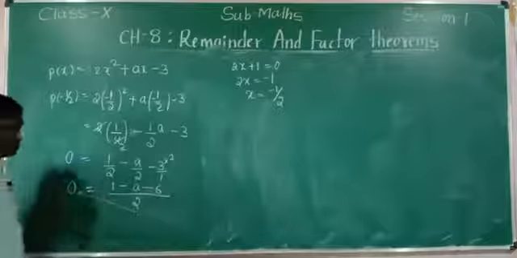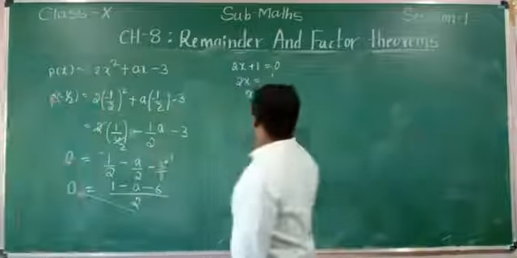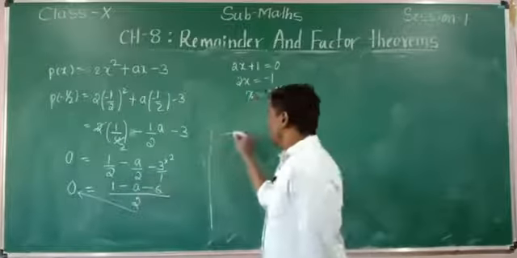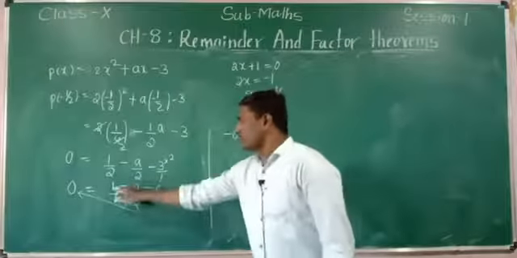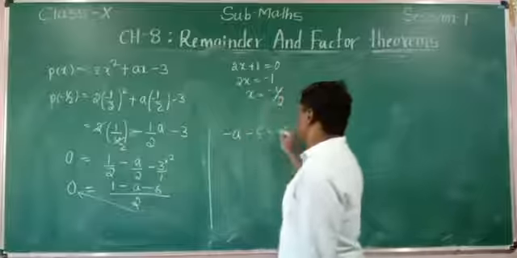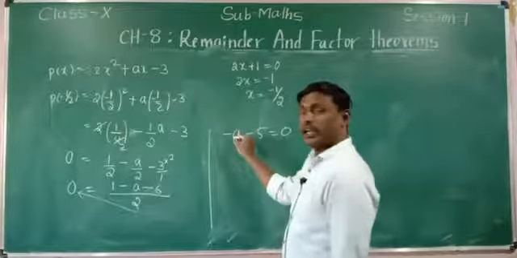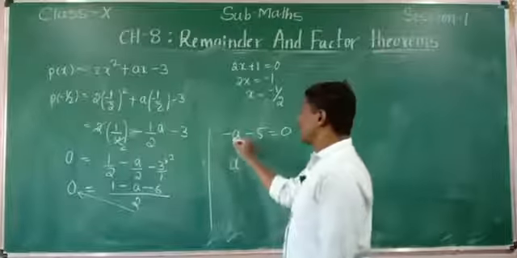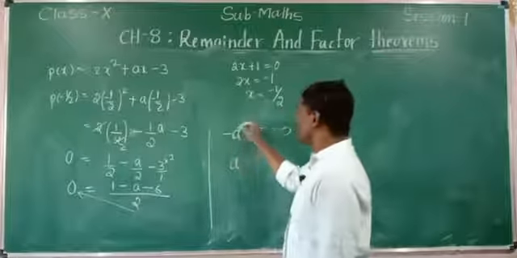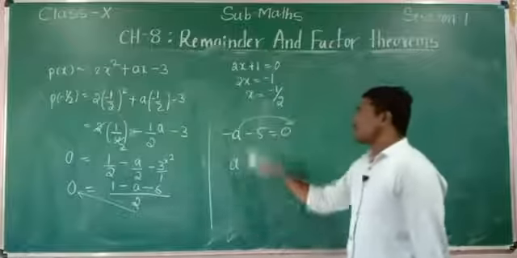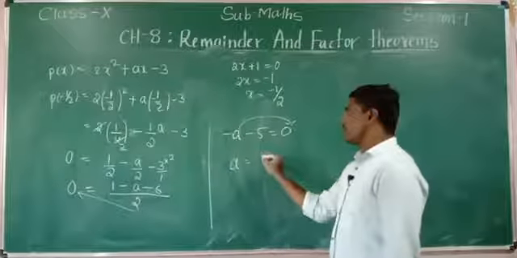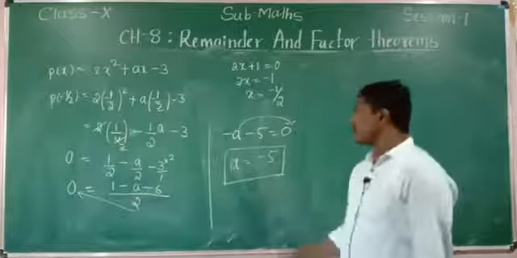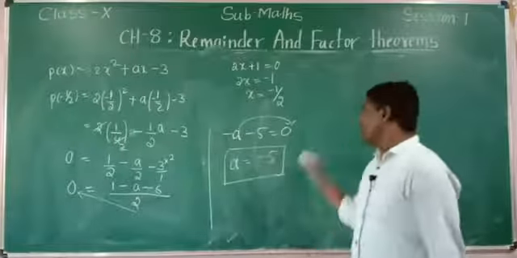0 into 2 is 0, then remaining is minus a minus 6 plus 1 minus 5, which is equal to 0. Now take this minus 5 to the RHS side, it becomes plus 5. Minus a, you take it to the RHS side, minus a becomes plus a, which is equal to minus 5. Okay, so the required a value is 5, or